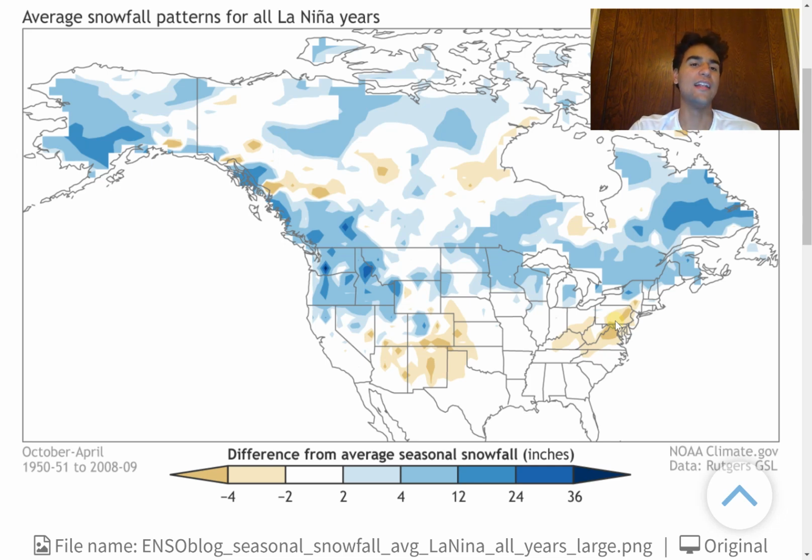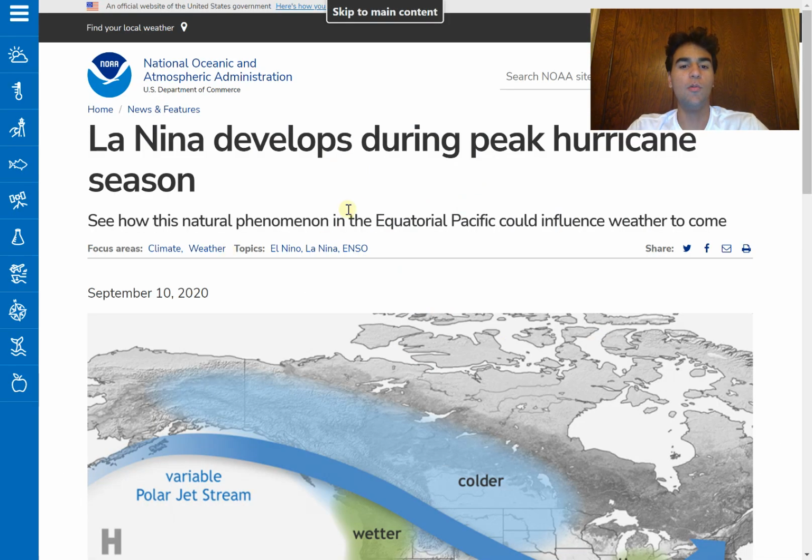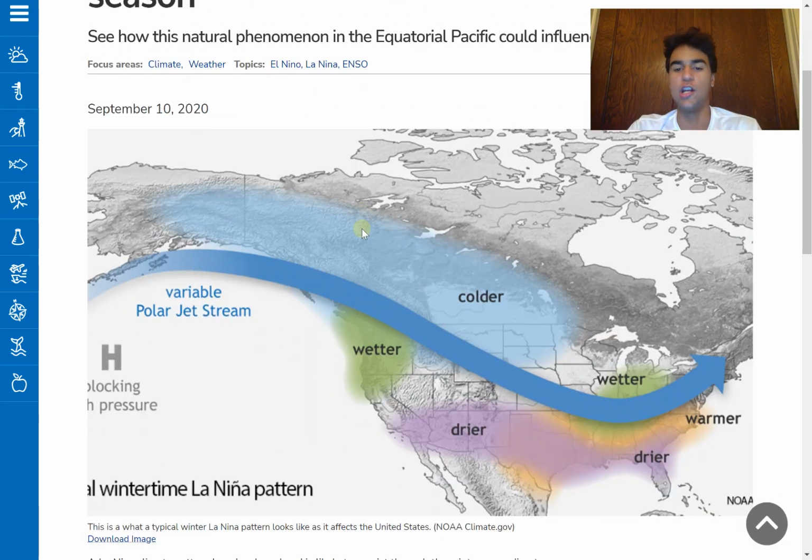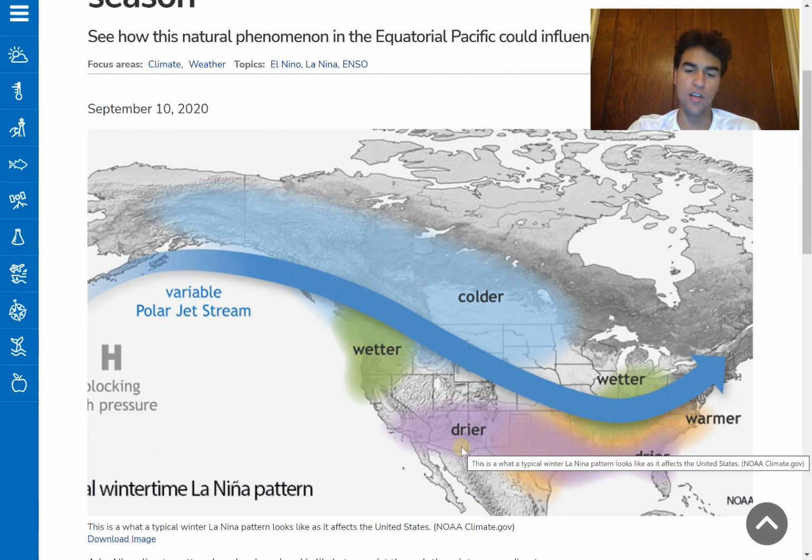And the La Nina pattern will only encourage that by bringing more jet stream dips to much of the northern United States, as well as the Pacific jet into the Pacific Northwest. Now, another important factor we're going to need to take a look at is what typically happens during a La Nina in general. So we typically see warmer and drier than average conditions for the southern United States.